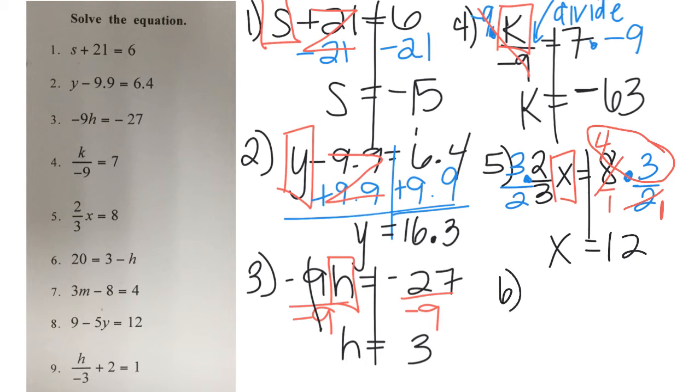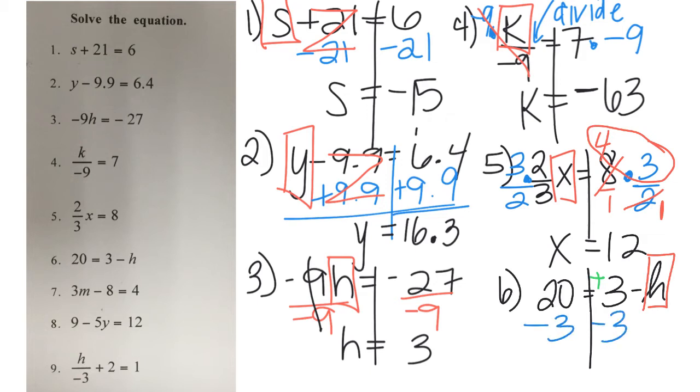Number 6 is 20 equals 3 minus h. So this one was commonly missed on the mastery. Again, we're getting h by itself. The sign on the 3 is a plus. It's a positive 3, so I need to subtract 3 from both sides. 20 minus 3. And the negative is still hanging around because that's really a negative 1. So 17